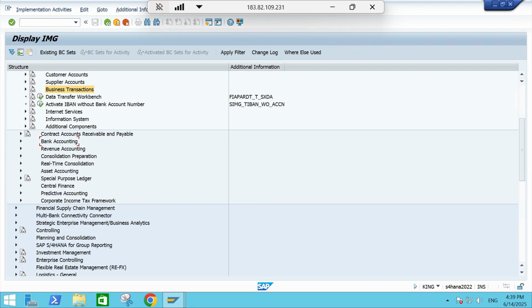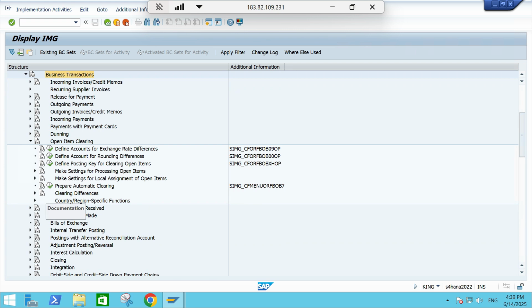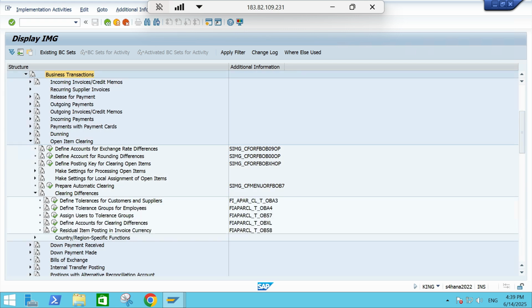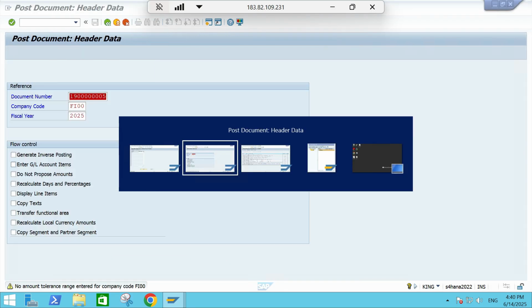Go to open item clearing difference, assign users to tolerance group. So remove the tolerance group and then save. When we are creating our tolerance group, we are not entering any tolerance group ID. Just keep it empty, and we can create it by using our company code tolerance group ID. That's why against my username I am removing this tolerance group. So now let's go to